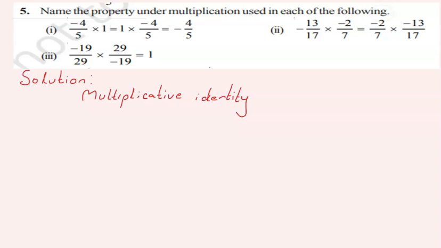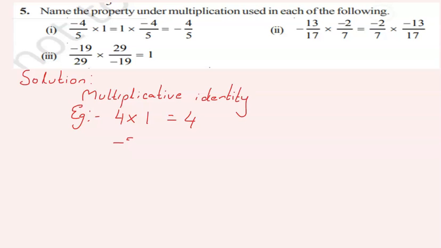So here, first of all, we need to know what is multiplicative identity. Multiplicative identity is nothing but a number which, when combined with another number, leaves the value unchanged. For example, 4. When 4 is multiplied with a number, the value remains unchanged, that is, you get back 4. What number do we have to multiply with 4 so that the value remains unchanged? It is nothing but 1.